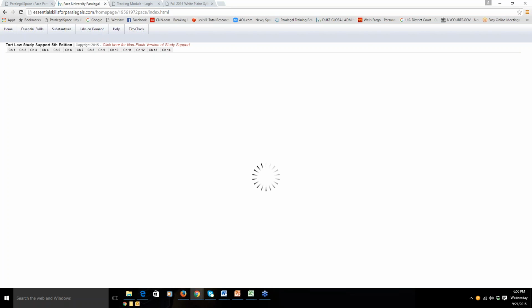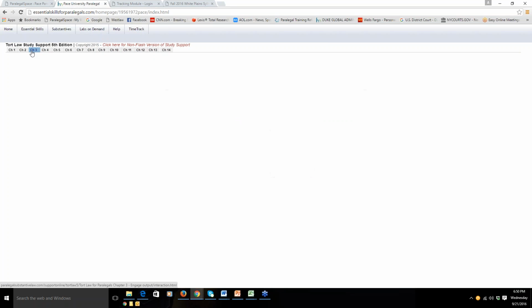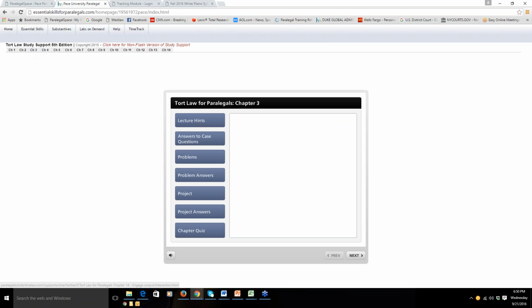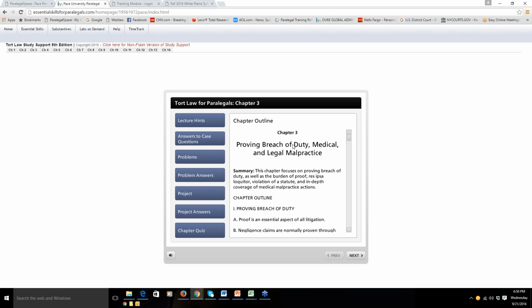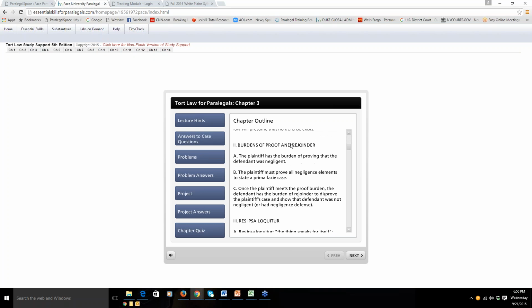And then up here at the top of the page, you will find tabs for each one of the chapters. So you'll click on the tab for whatever chapter you are working on, and you can read a chapter outline. And certainly if you don't yet have your books, this is a great way